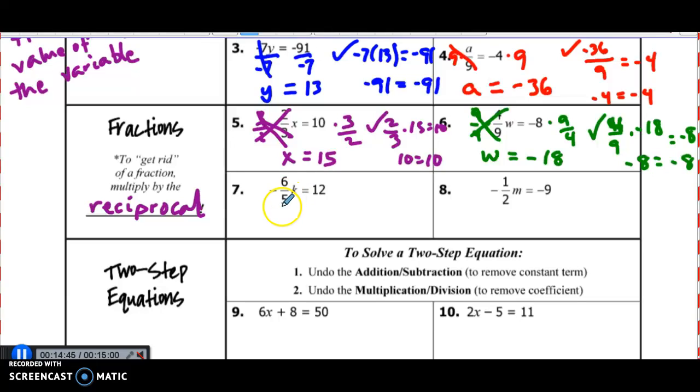On number 7, I have -6/5 k equals 12. If I need to know what k equals, I need to get it by itself. To get k by itself, I have to get rid of -6/5. So this time, I'm going to multiply